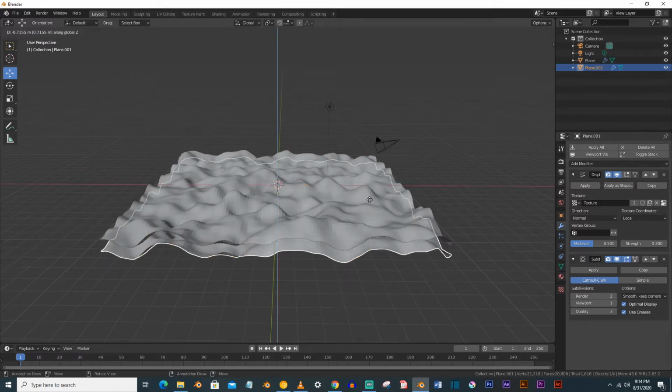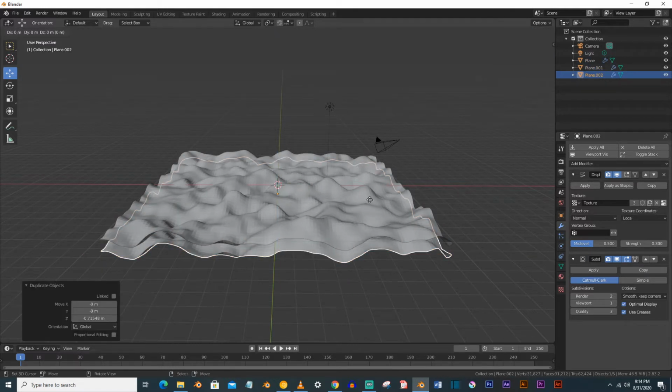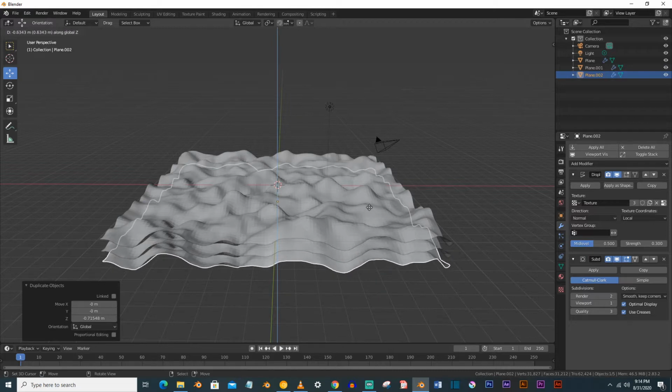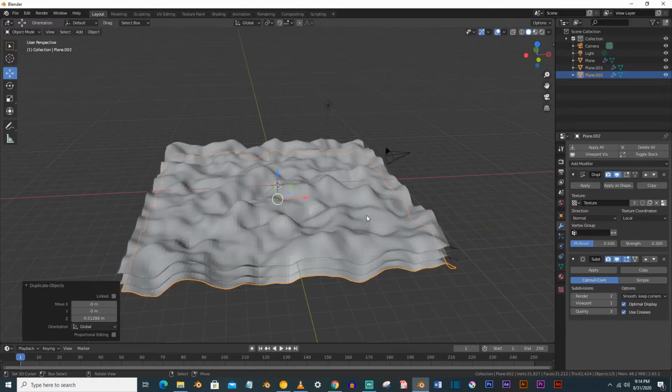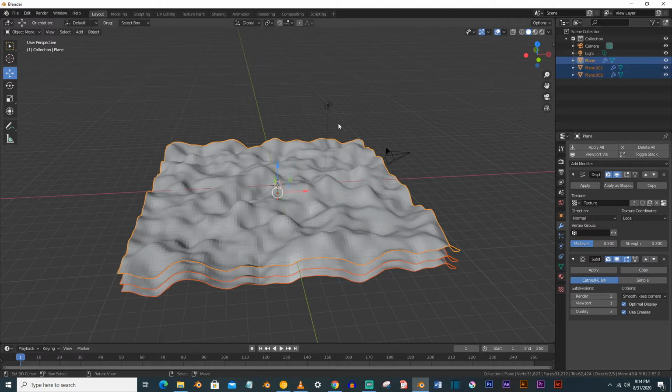Shift D and Z to make a copy, and now you can make it into another collection, ocean, and now you can just hide it.